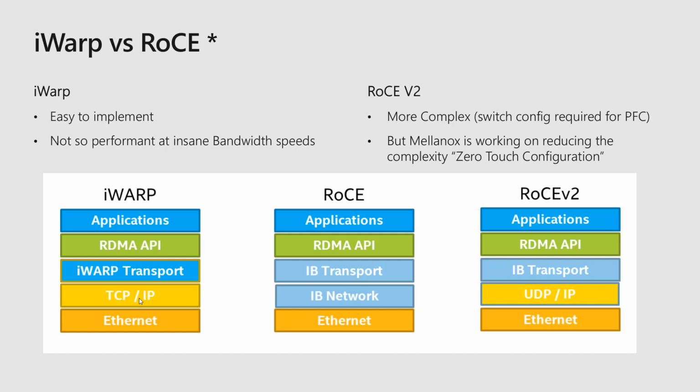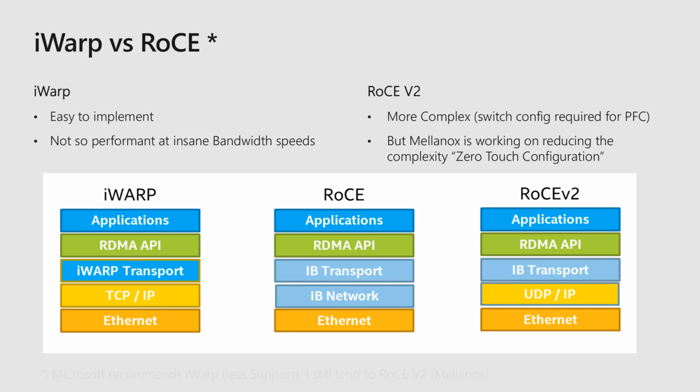UDP for faster bandwidth. So we have UDP, so we still have to configure our switches. We need the support of the switches to get a lossless connection. And to mitigate the disadvantage over the iWARP implementation, because it's in TCP, Mellanox is working on zero-touch configuration, where they claim that you don't have to configure the switches anymore because the network cards will recognize when packets go missing and they will resend them. That's promising, but we have to find out if it works because it's very new and it's only a Mellanox